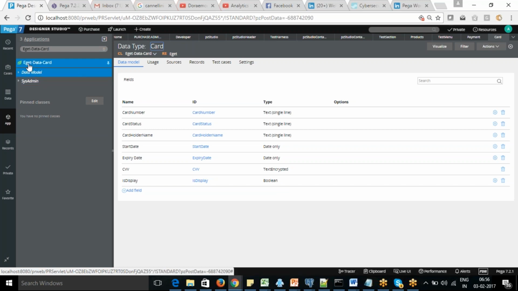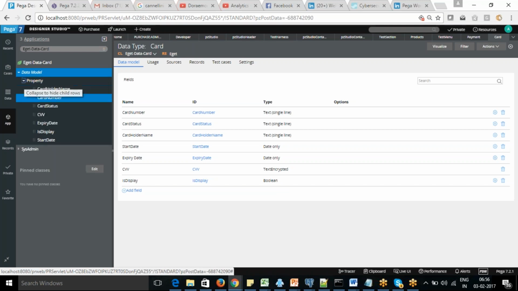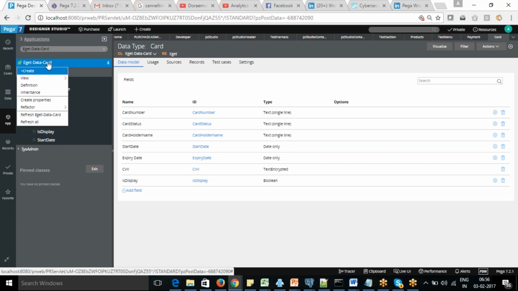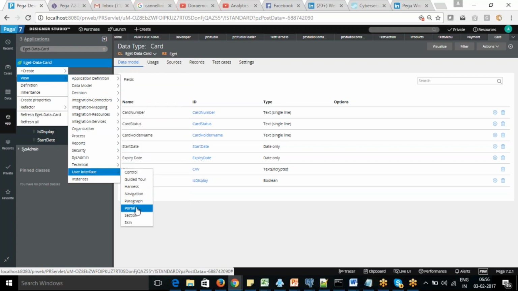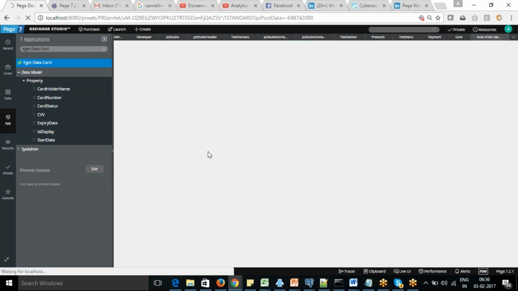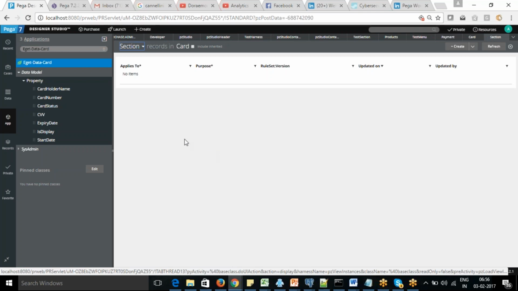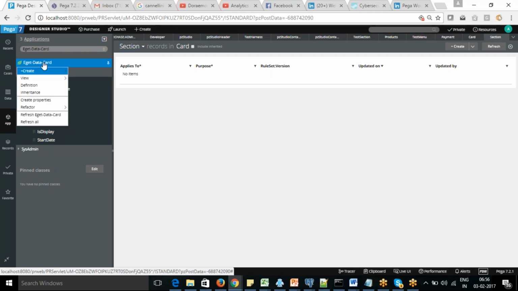The benefit is that you don't need to refer to the page. Every property is here, and I'm just going to create the look and feel of the UI. So let's say I'm going to create a section from it. Click on view.